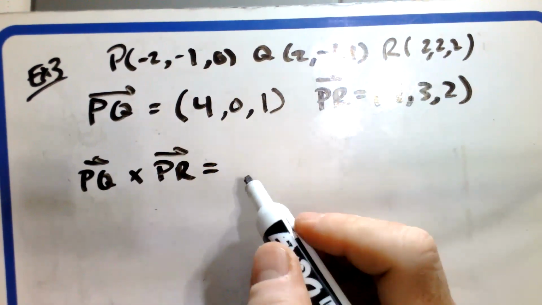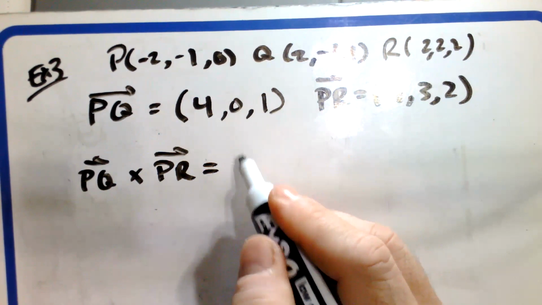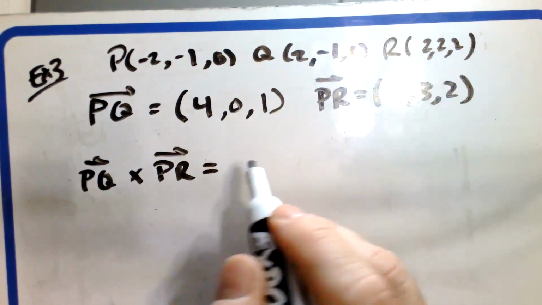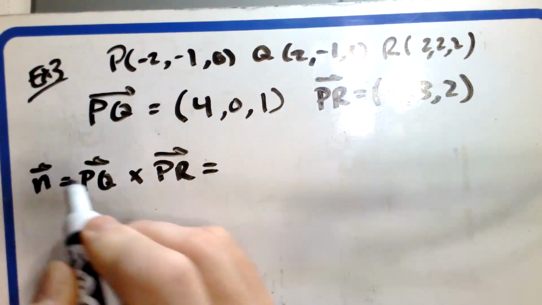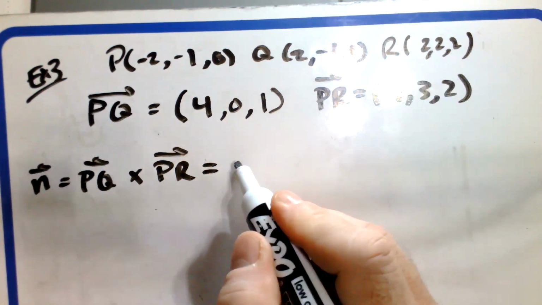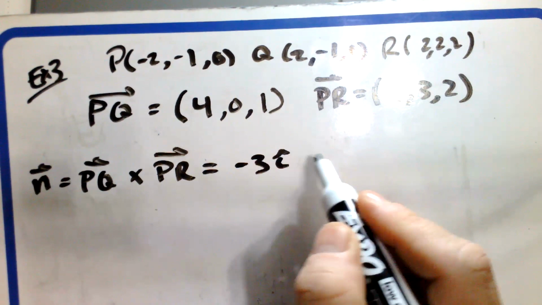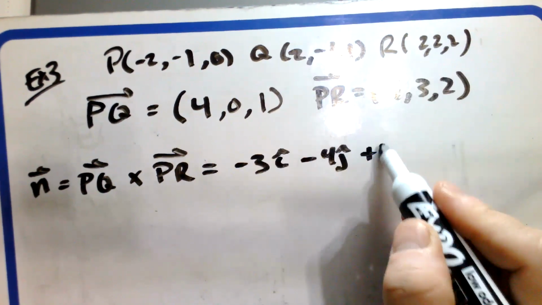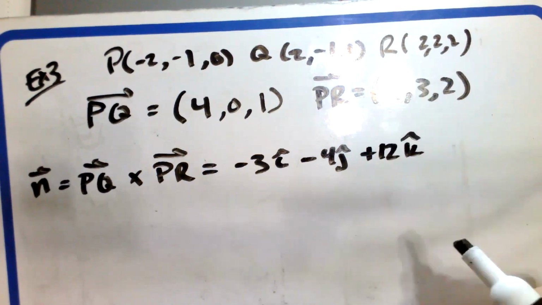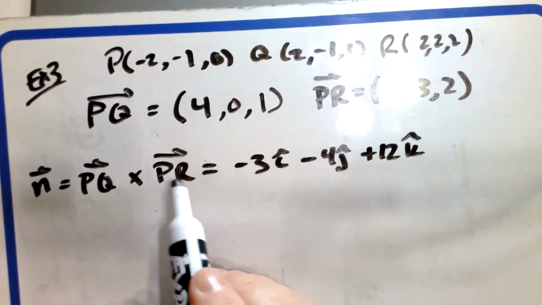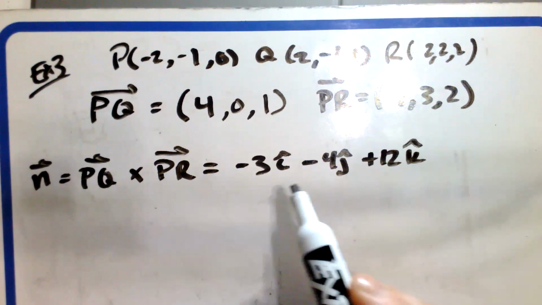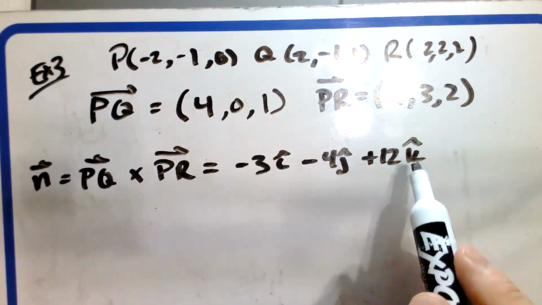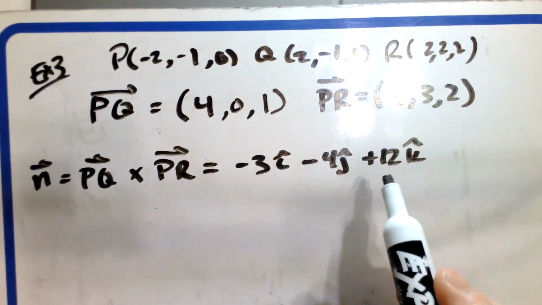If I plug those in component-wise and take the determinant, I get that the normal vector, n, is going to be equal to -3 i hat minus 4 j hat plus 12 k hat. Okay, so I'm plugging this into the cross product and taking that. I've already done that, so this is the result. So now I have my normal vector, and now I wanted a unit normal vector,